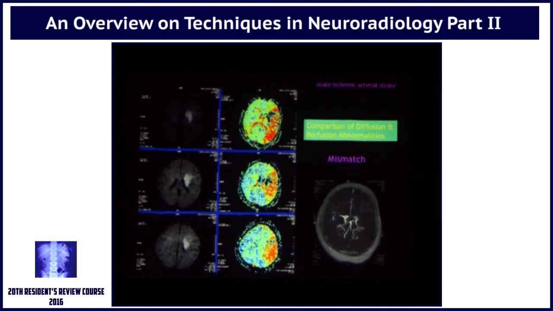We see that the angiogram shows a block in the MCA. So this patient is worth treating. If you open the MCA, the ischemic tissue can be reperfused. But if there is a diffusion-perfusion match, that means everything is already infarcted and the patient will